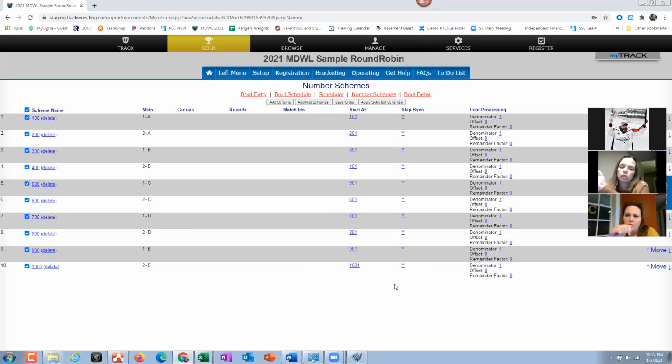Whatever you do in the Sandbox does save and transfer over to your real event? It does not. So that's one thing that happened to me once. I think a couple of years ago, I was doing a scramble. I think I did everything in here, and I forgot it was the Sandbox, and I had to redo everything. Not only is there no save button, as soon as I click here, it's gone. So any change that I made.